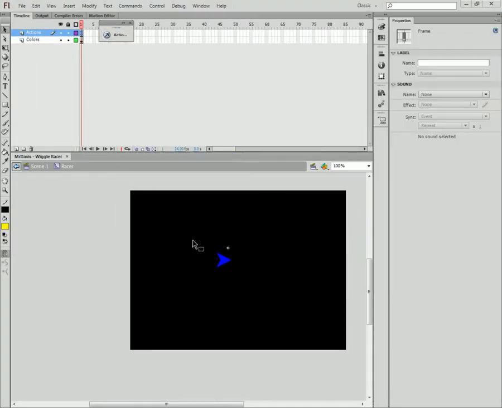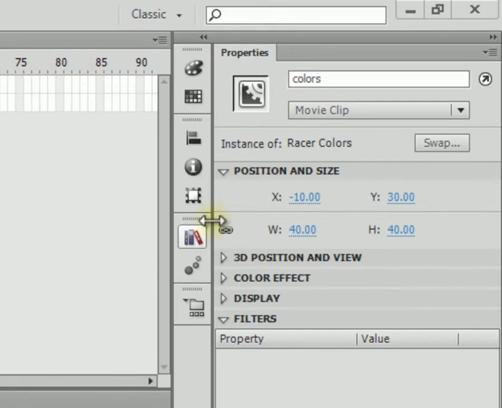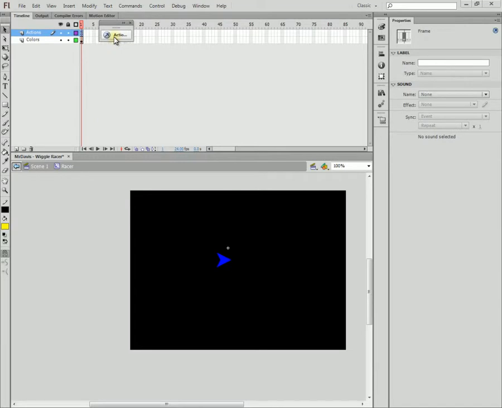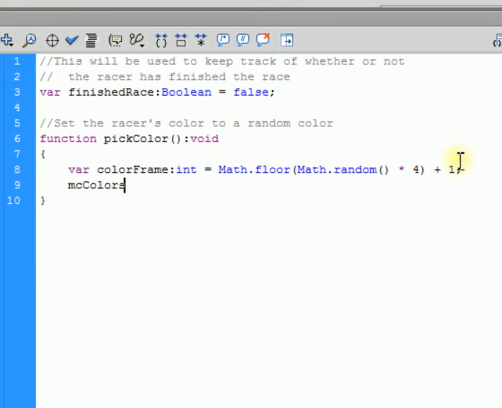And if we go back, did I mess up the naming convention? I did. Instead of colors, of our racer colors thing, let's just call it MC colors, because I almost messed that up. Let's rename this. So MC colors as an instance name instead of colors. And now go back into our actions, and all we have to do is say MC colors dot go to and stop